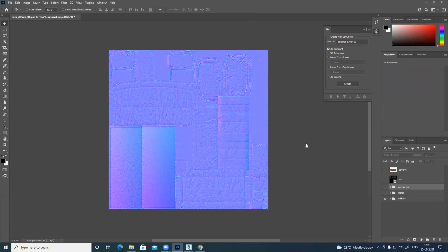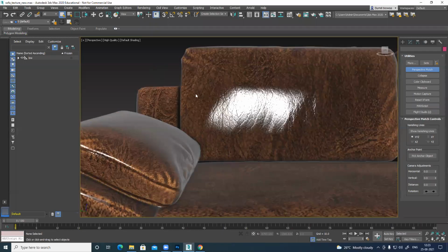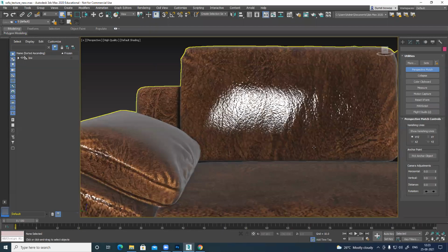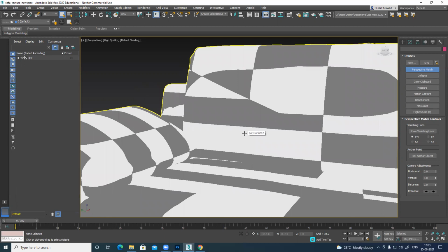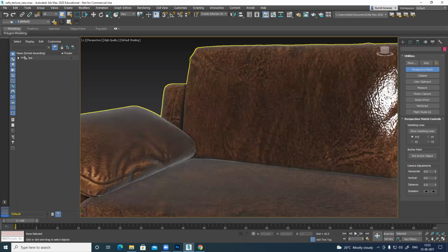No. This is normal only. Because whatever you feed in here, that information should be input, because it is normal now. So let's see. Change. Now it aligns with your texture. You can see everything here with texture. You can see all the grooves, all details. Now everything is properly aligned.